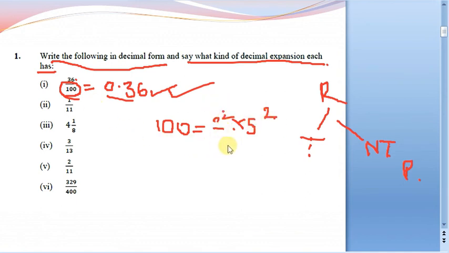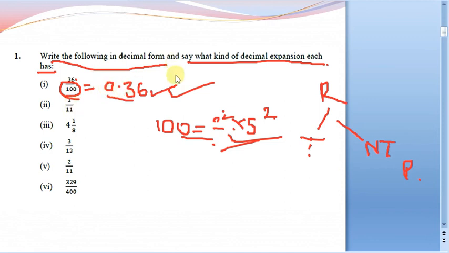So in the denominator, if at all there are only powers of 2 or only powers of 5 or both of them together without any other factor, then it is going to be terminating. In this case, this 100 is going to be 2 square into 5 square. So clearly it is going to be a terminating decimal from this method also. Since we have been asked to find the decimal form, from the decimal form we can say that it is going to be terminating.